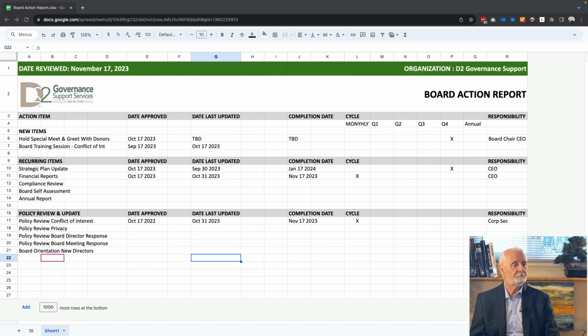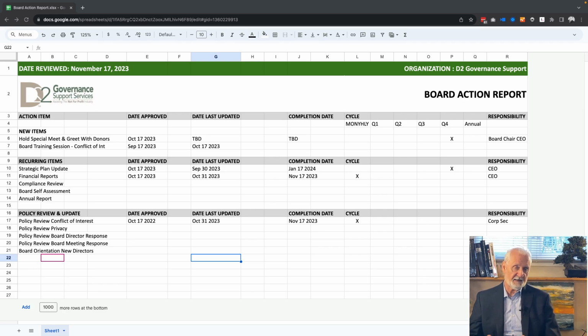The other thing too is the completion date is probably their guiding piece. They know when they have to have it done by, which leads to the next question: if I'm a new board or a new board chair and I'm not used to setting these kinds of dates, what are some guidelines? Do you have any kind of advice for me when I come to setting completion dates and that sort of thing? Well, completion dates are usually decided upon at a board meeting,